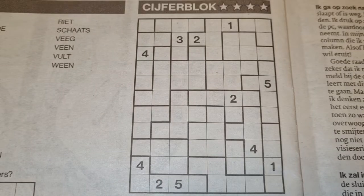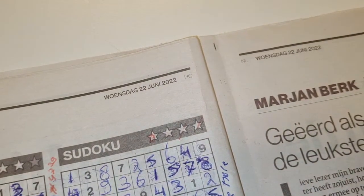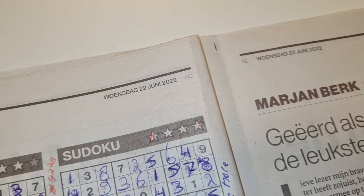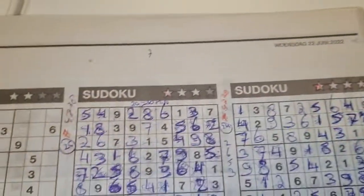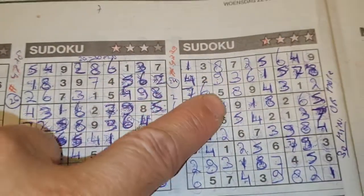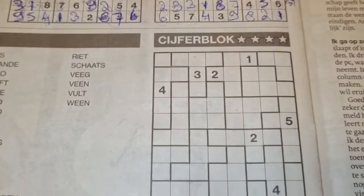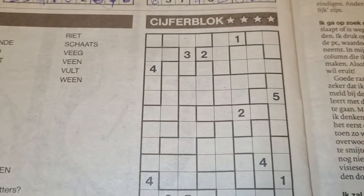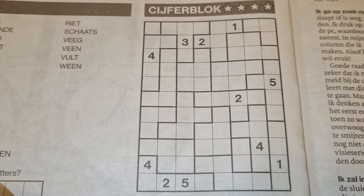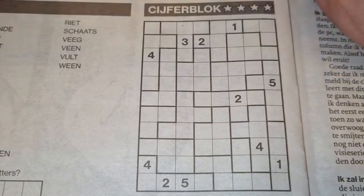Hi guys, welcome back with the fourth and last puzzle in this edition of today's newspaper of Wednesday. Yes, it's still Wednesday, June the 22nd, 2022, and I've already solved three puzzles. The Sudoku with 3 stars, the 4 stars, the binary, and it's time now for the tectonic. In Dutch, they call it cypherblock. Yes, the publisher has changed the name, but it's the same. It's a tectonic. This one with 4 stars, and this will be number